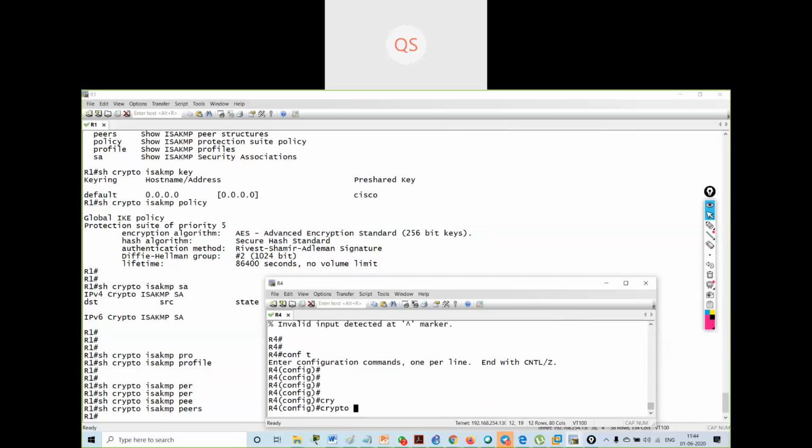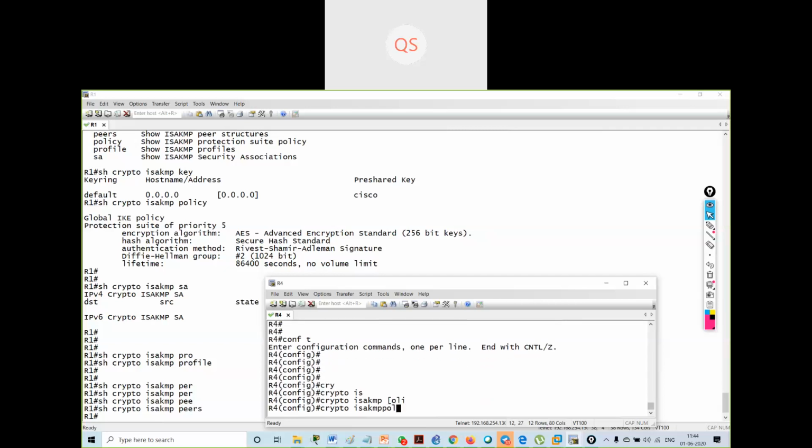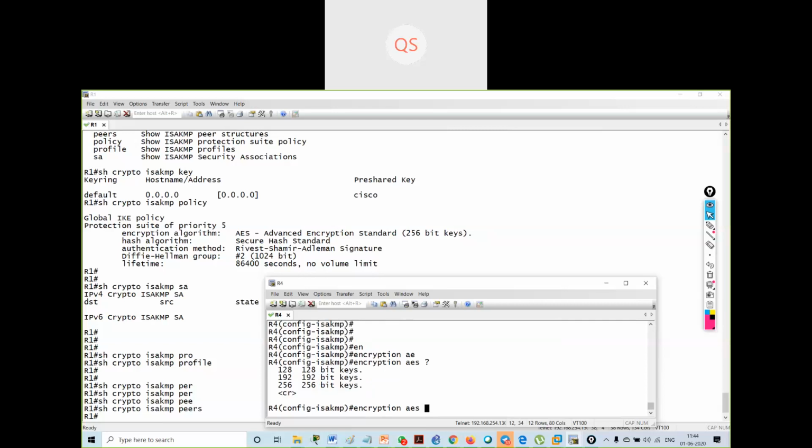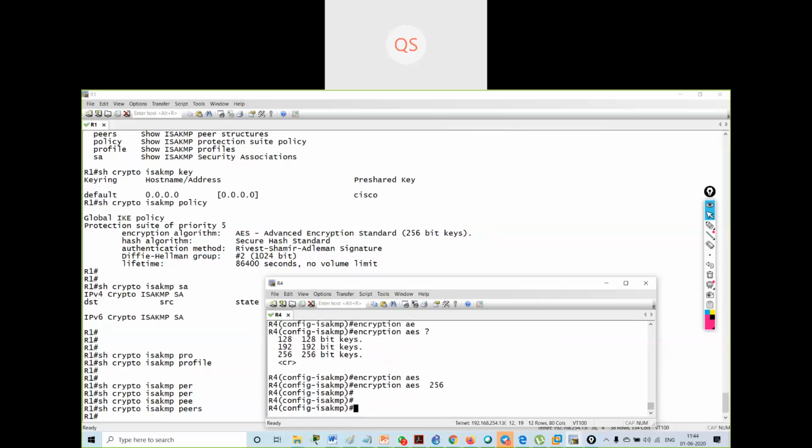I'll say crypto ISAKMP policy 5. I'll say encryption AES 256. I'll say group 2.